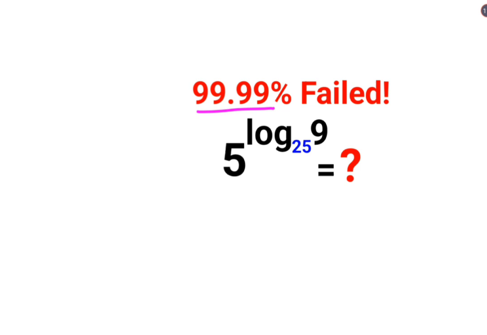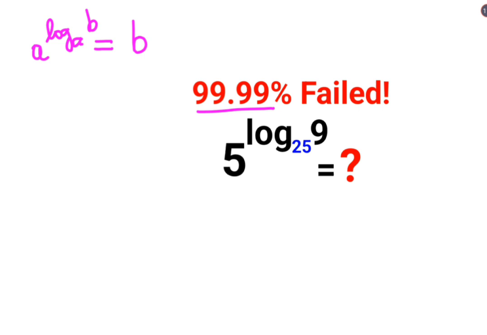Literally 99.99% of people could not figure this out. Okay, and there was a very simple rule for this. So please understand, like always, I will just directly jump into the conclusion or the solution. So the rule is a raised to log of b to the base a is always equal to b.